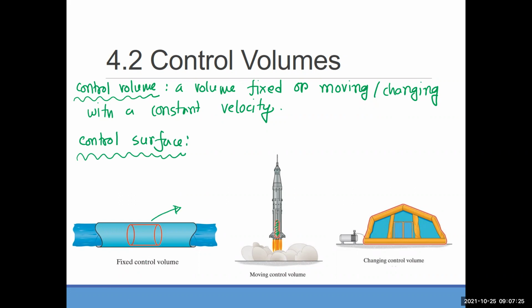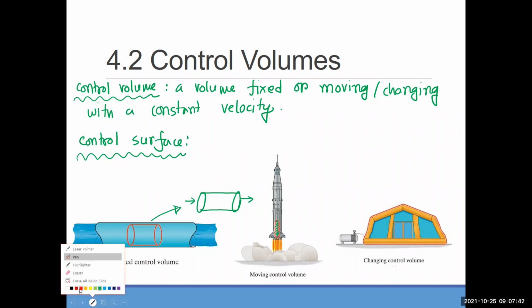The surface or surfaces of the control volume, right? Now, if I just consider this one here, and the flow is going from this side to this side, how many surfaces do we have here? The first one is this one, right? One, this side. The next one is this one. And the last one is the surrounding surface. So we have three surfaces here, and the definition should be